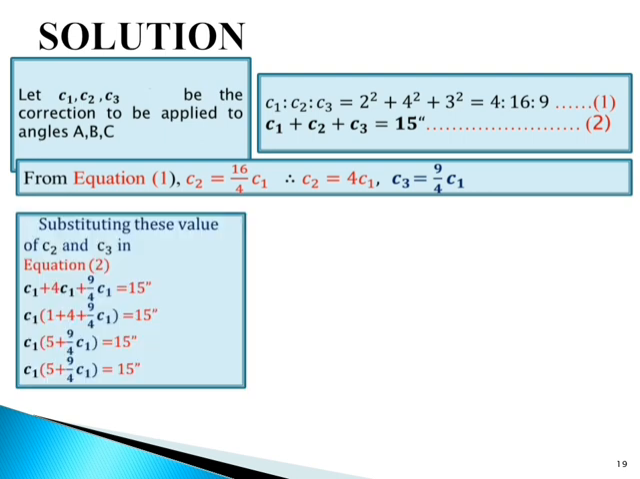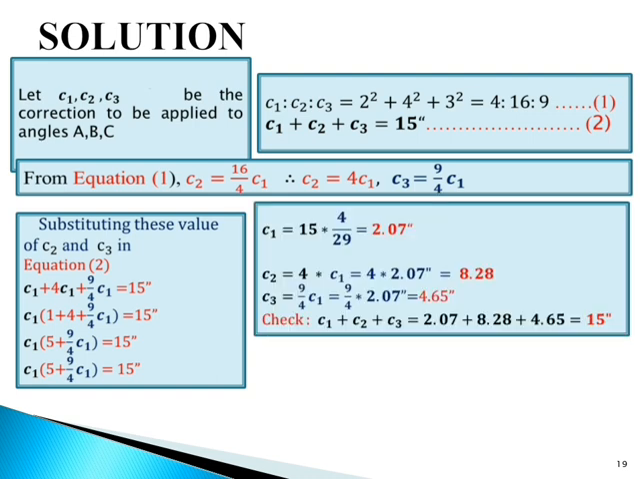So substituting these values of C2 and C3 in equation 2, the equation will be C1 plus 4 C1 plus 9 by 4 C1 is equal to 15 seconds. If we simplify it, C1 into bracket 1 plus 4 plus 9 by 4 is equal to 15 seconds. So our final equation will be C1 into bracket 5 plus 9 by 4 is equal to 15 seconds. So from this C1 is equal to 15 into 4 by 29, which comes to